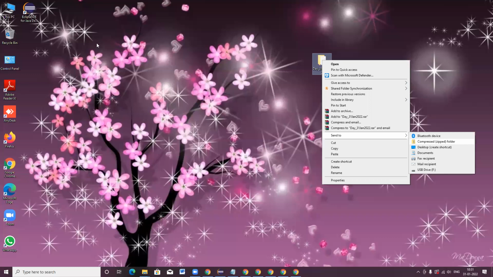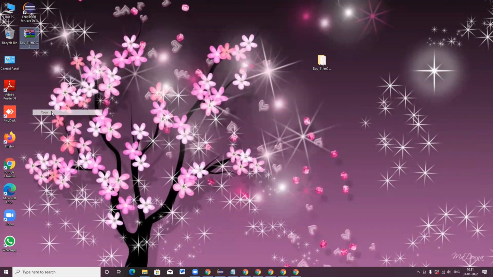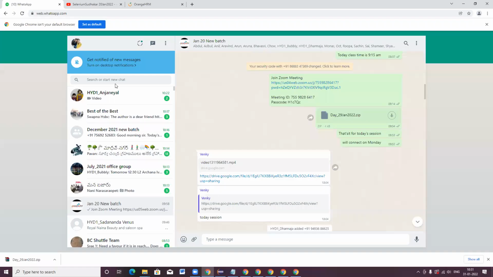So the exercise for today is add locations. Handle the drop down.